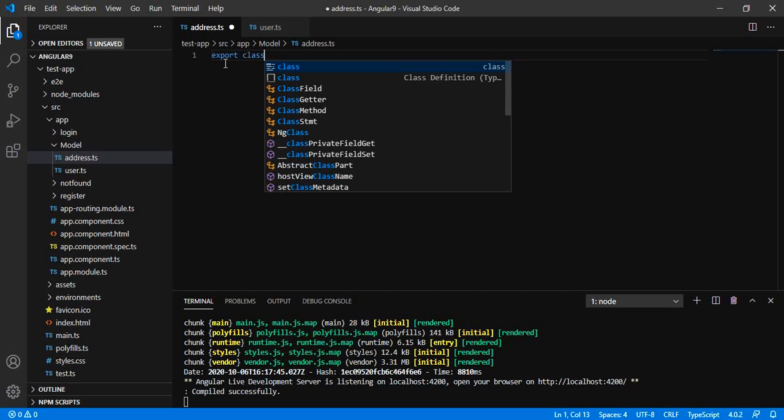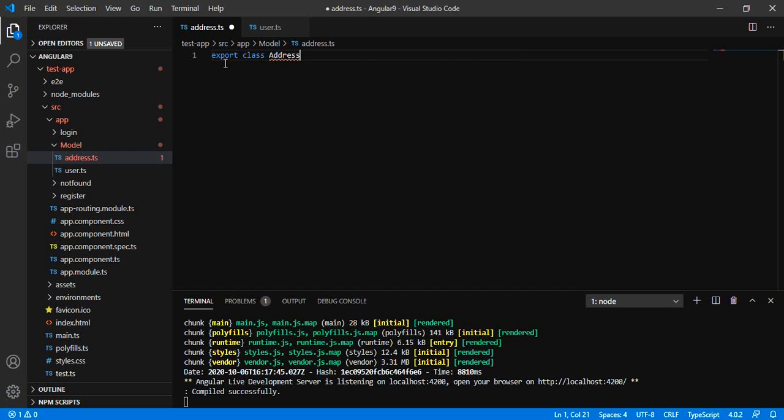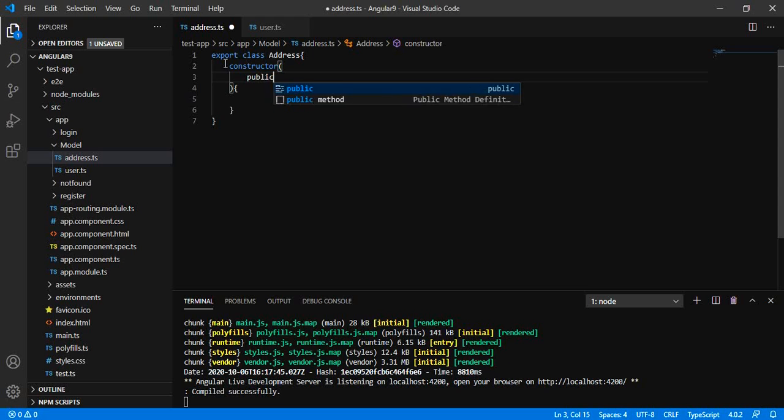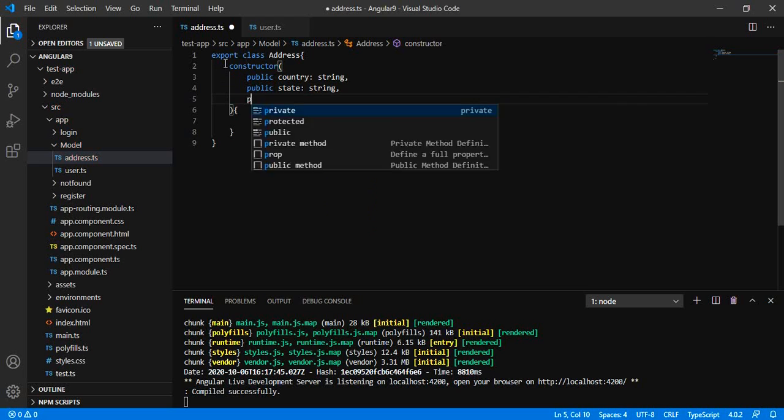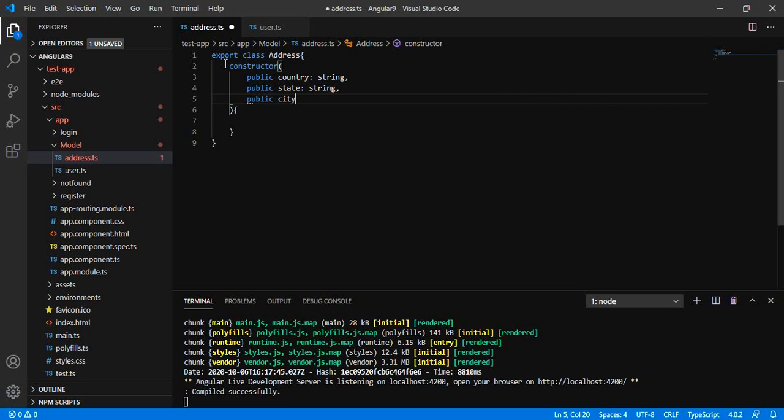And we have one address group that contains country, city, state and pin. We have already seen how we can bind the data with the help of ngModelGroup.